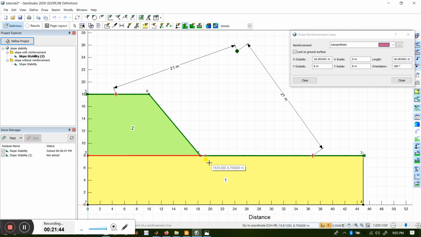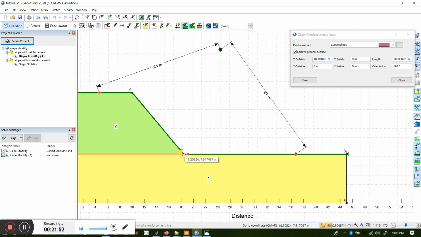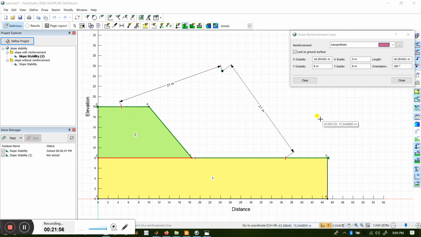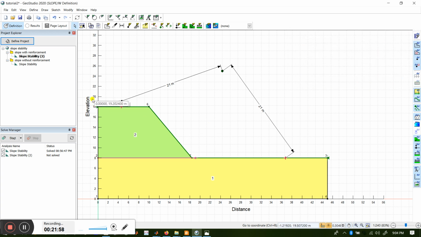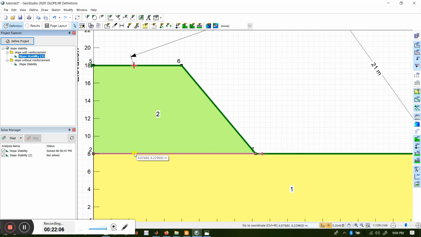This geotextile we have created, and here you can see it is showing an arrow. This shows that this is the geotextile. Let me close it and show you again: this is the slope without the geotextile layer, and this is the slope with the geotextile layer in this color.